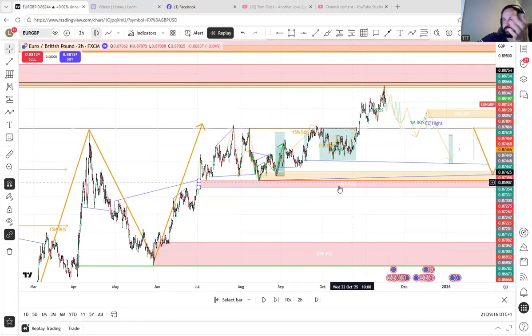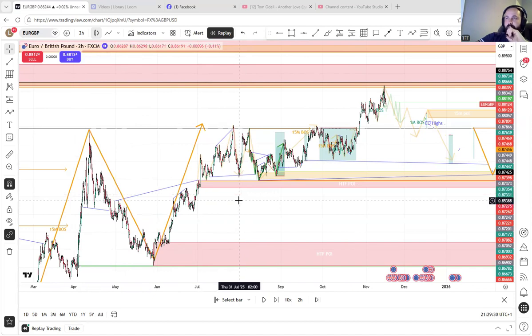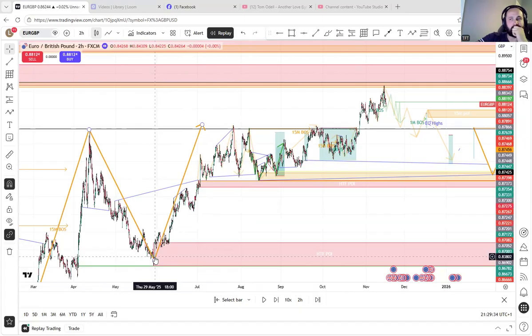Pull back more than 50% just as a guide, but it technically can pull as long as it pulls below the previous structure high in bullish. Obviously, it'd be a structure low for bearish. I'm just trying to think what the rules are now as well. So yeah, this